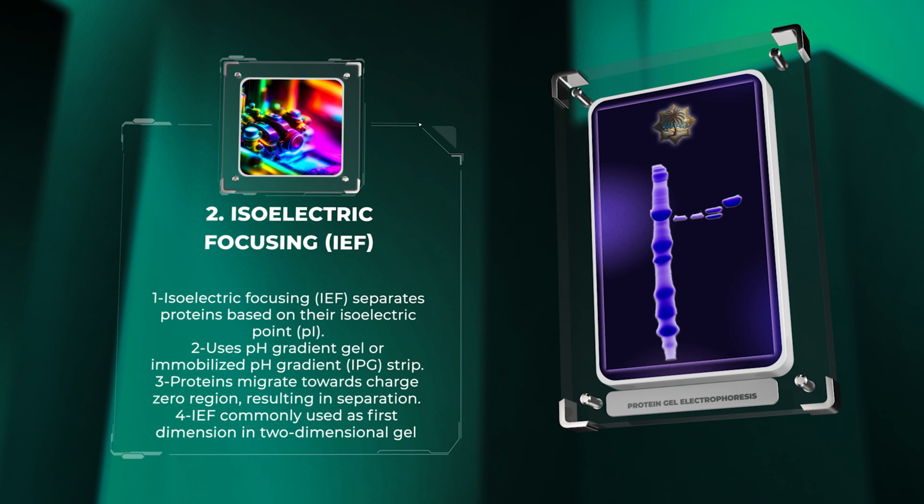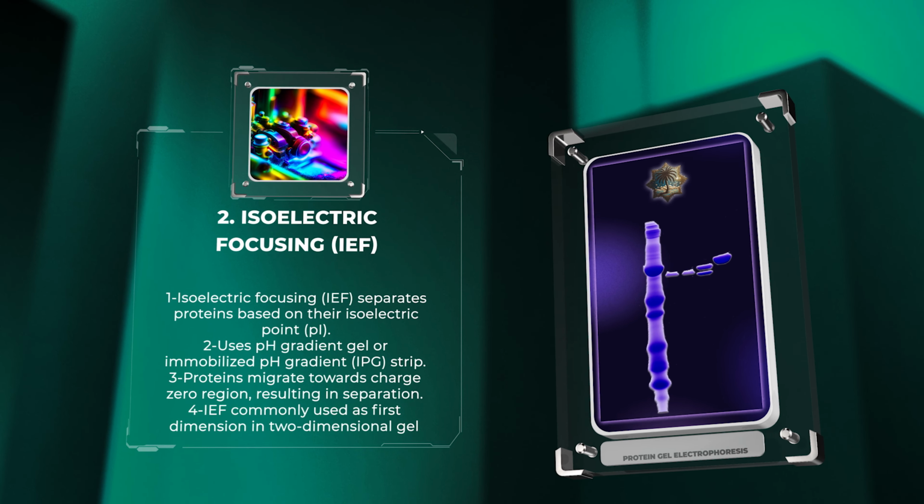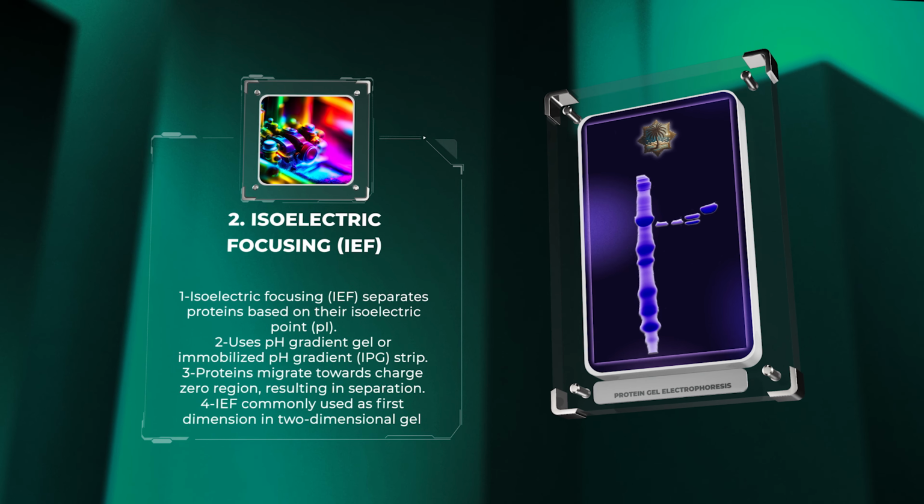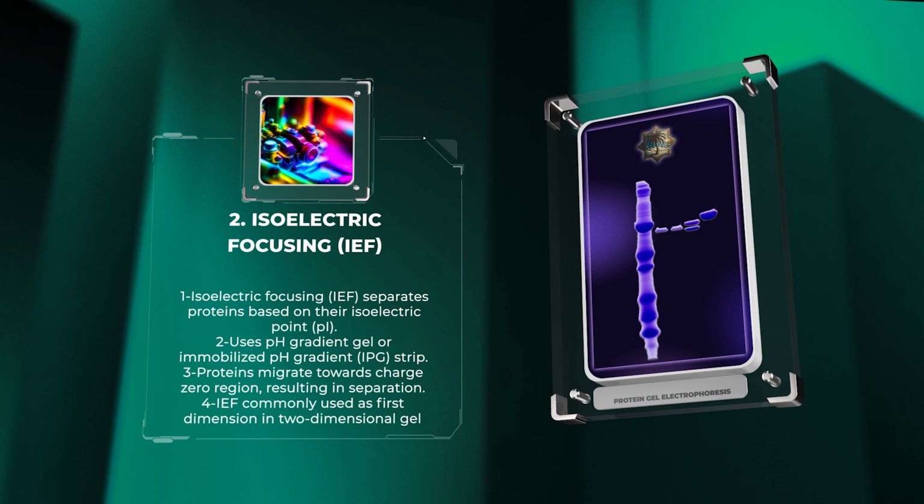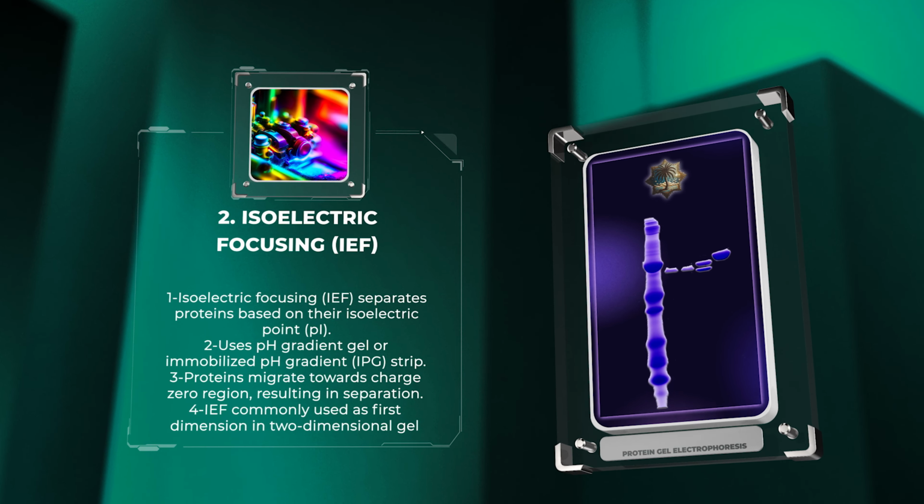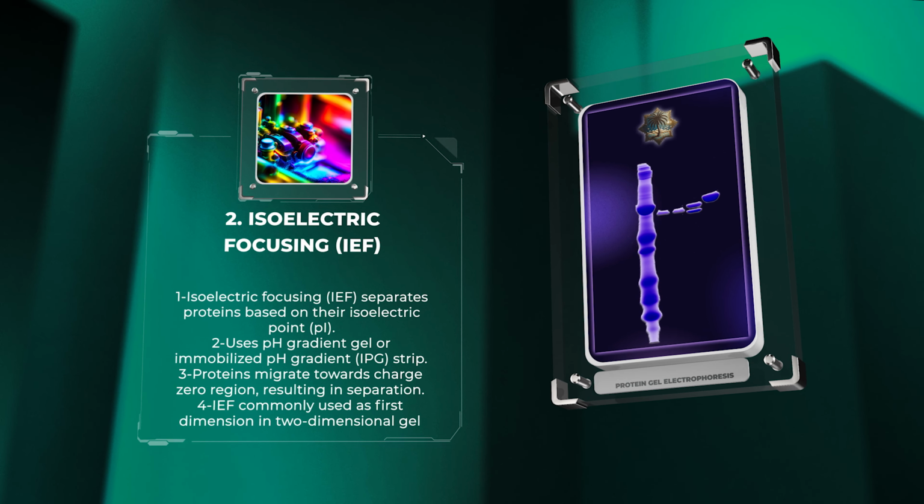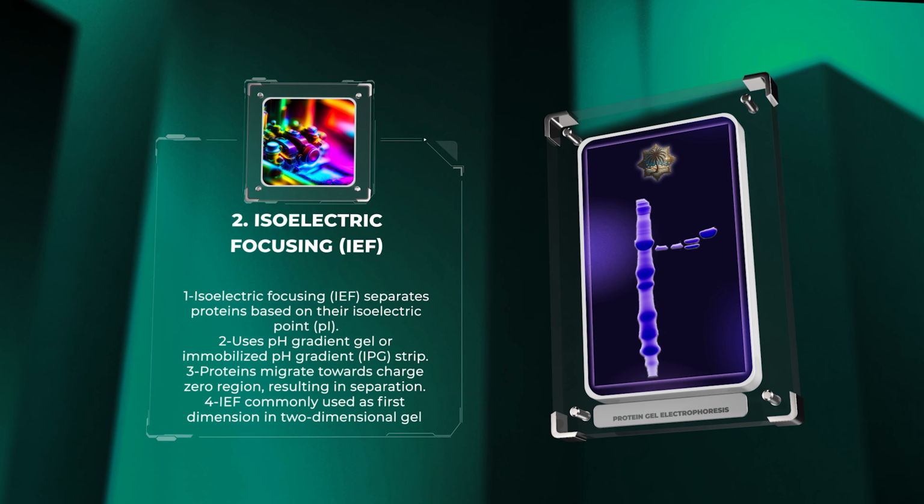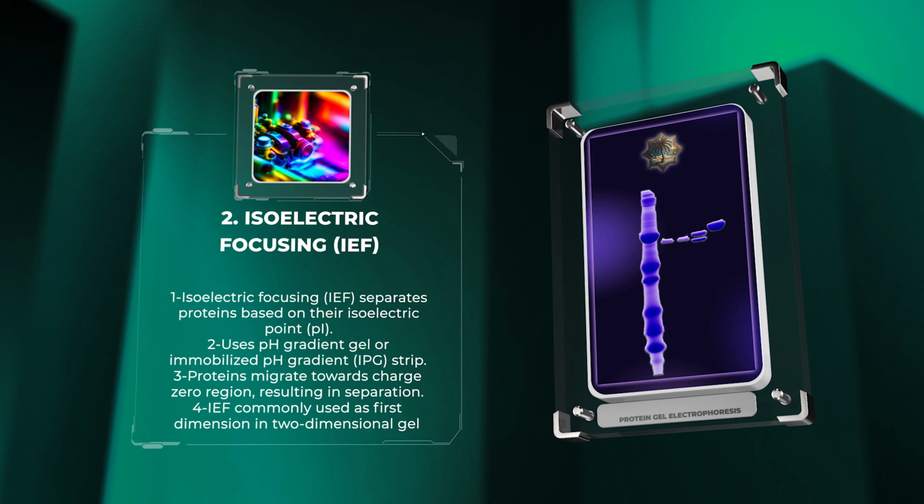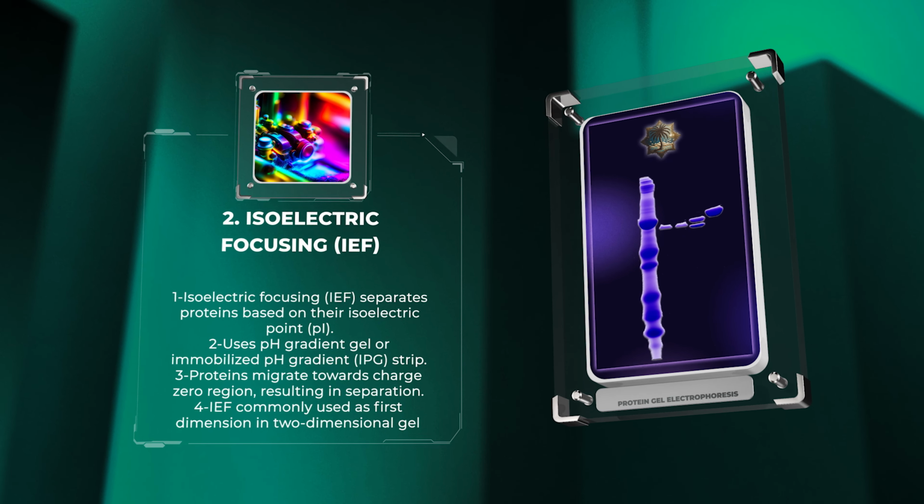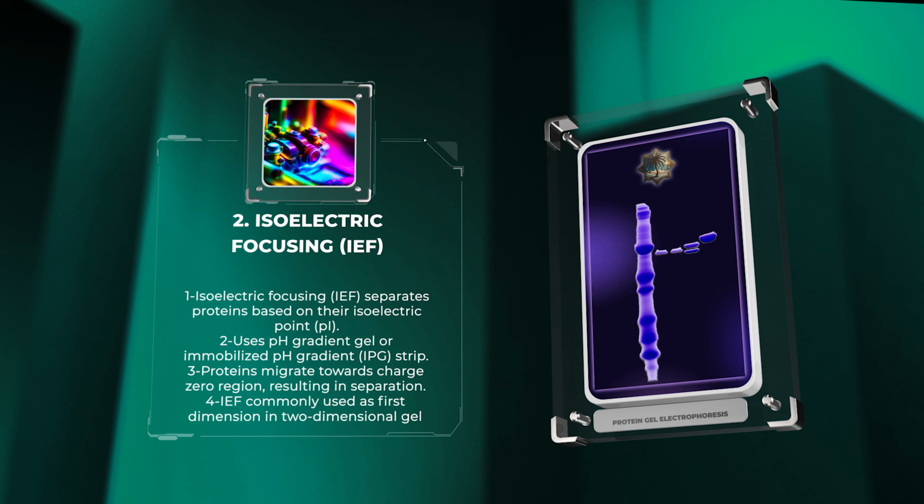proteins based on their isoelectric point, pI. I will discuss the pH gradient gel or immobilized pH gradient, IPG, strip used, and how proteins migrate towards the region where their charge is zero, resulting in their separation. I will also highlight how IEF is commonly used as the first dimension in two-dimensional gel electrophoresis for high-resolution protein